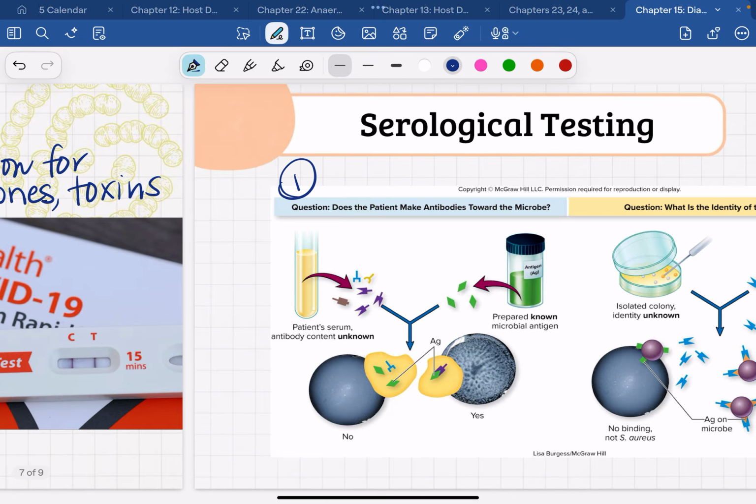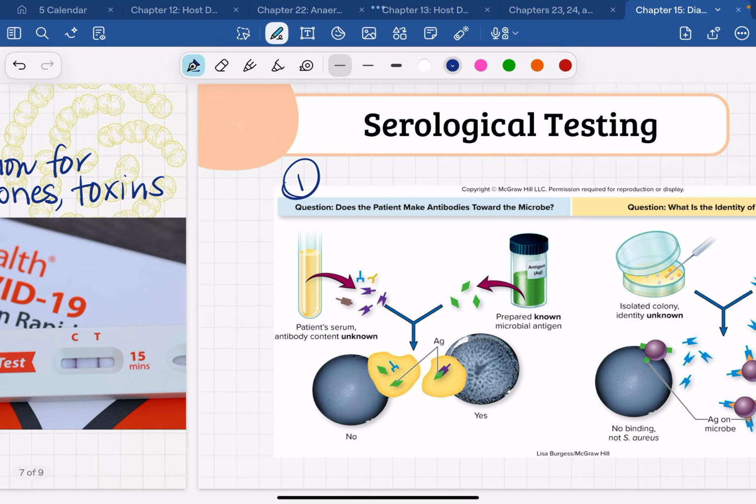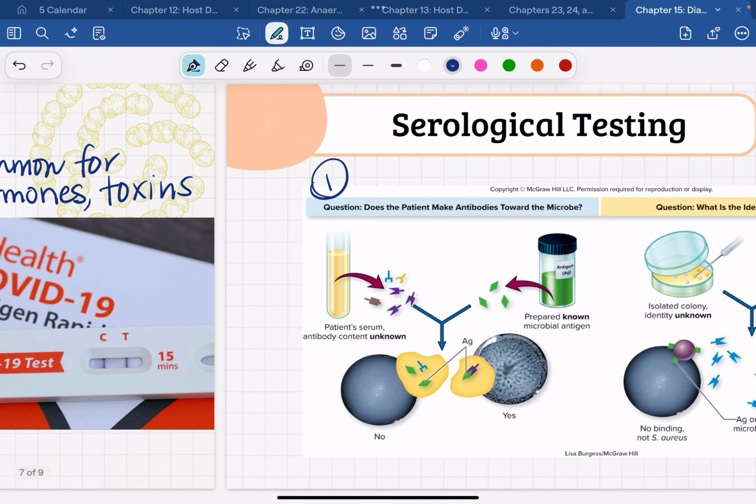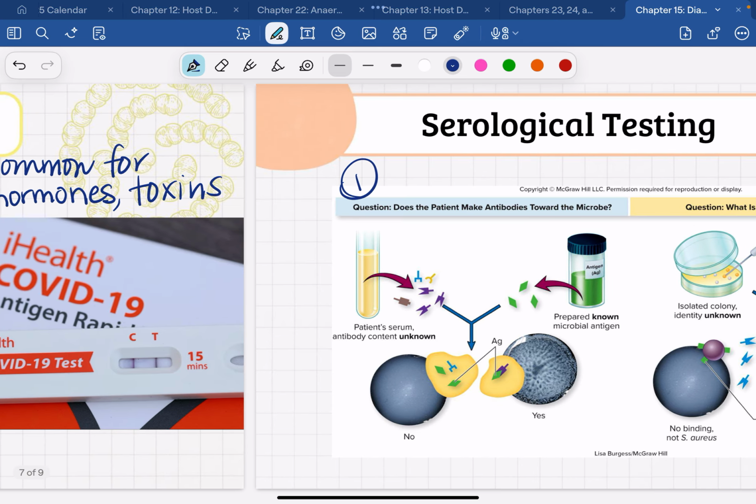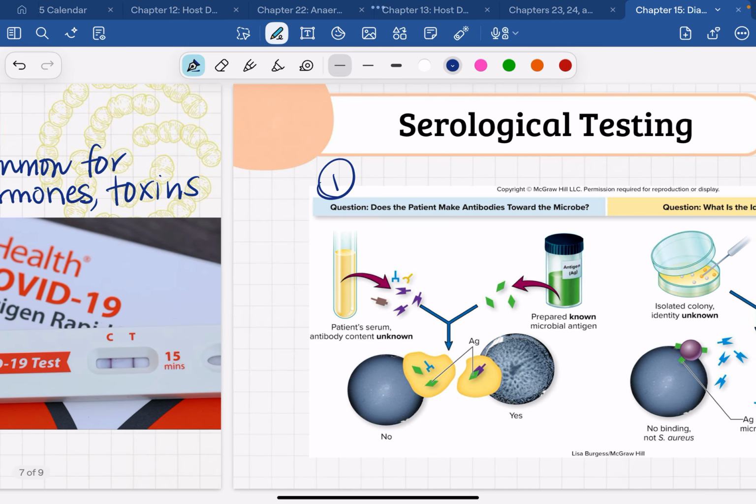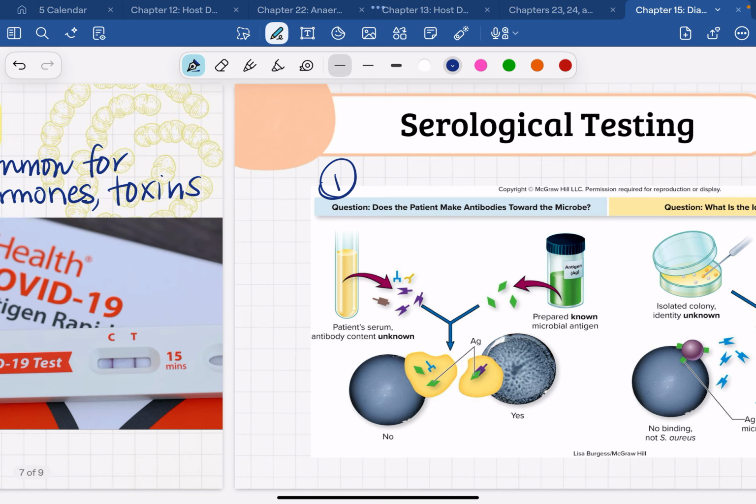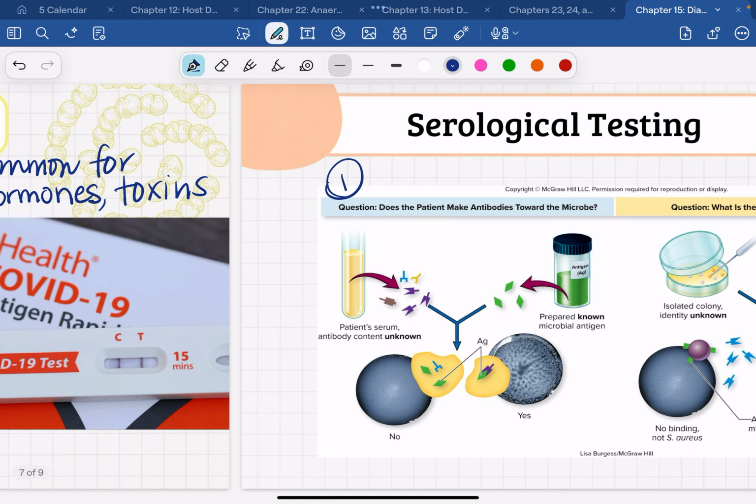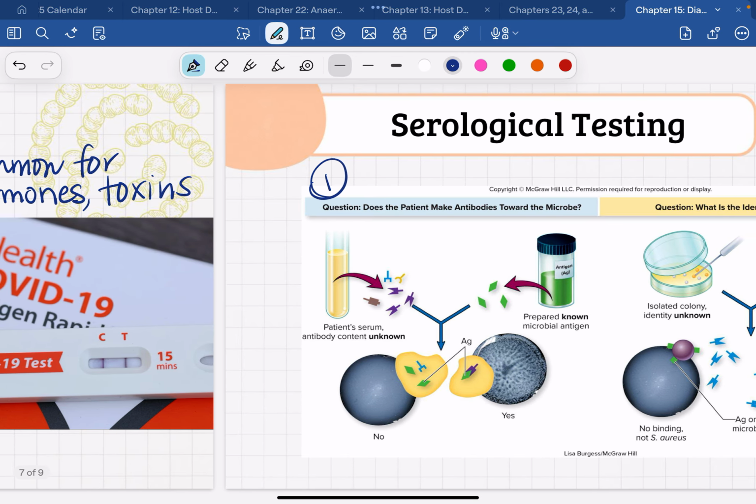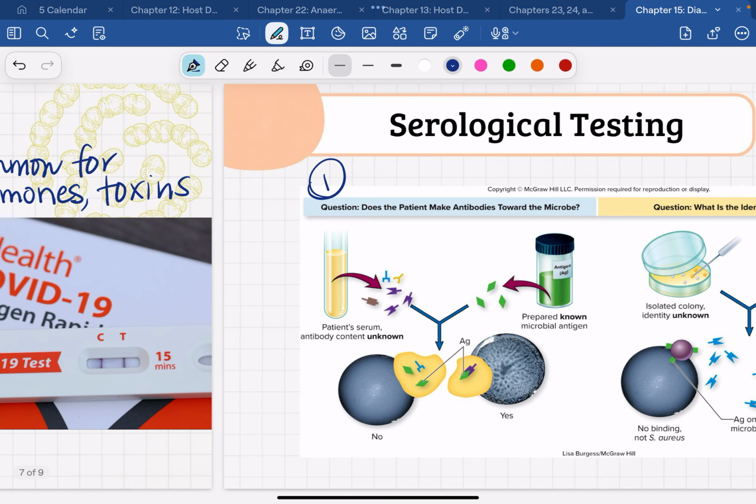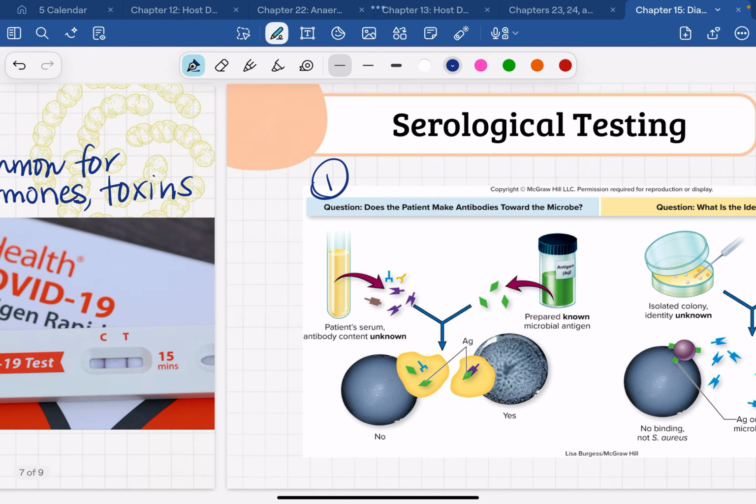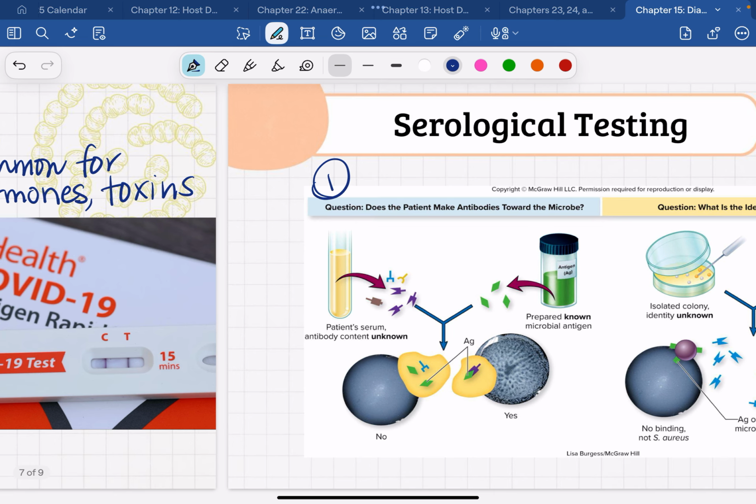Okay, so in this case, this is a prepared, known microbial antigen. This is what we call a reagent. So this is something that you have in a bottle that somebody prepared in a lab that you are then going to add to the patient's unknown serum, which is the clear part of their blood, which is where your antibodies are. So if we're testing if a patient has produced antibodies to a particular antigen, what we can do is take that person's unknown serum, and add a known antigen to it